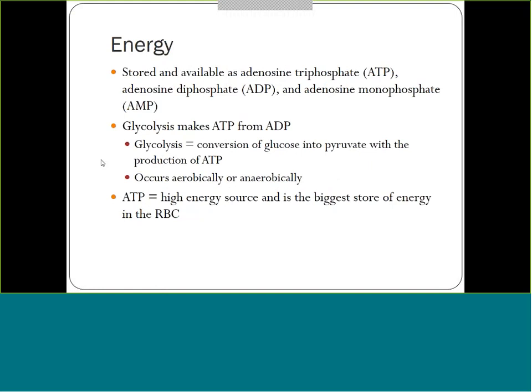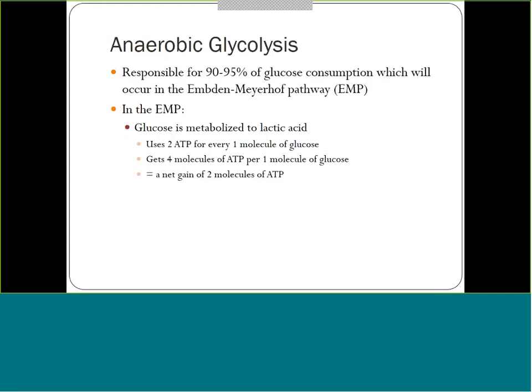But essentially, by going through this glycolytic pathway, or glycolysis, they will convert glucose, remember glucose is energy, into pyruvate with the production of ATP. So what that means is this will equal getting them energy by converting glucose into energy. And you can do this either aerobically or anaerobically. Anaerobic is the main source of energy for our red cells. It is responsible for 90 to 95% of glucose consumption, and it's taking place in what we call the Embden-Meyerhof